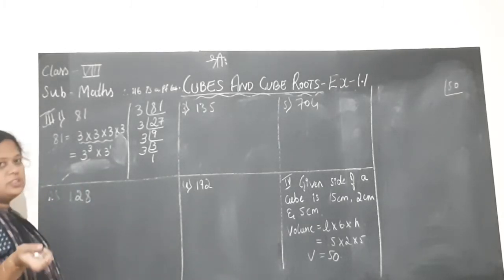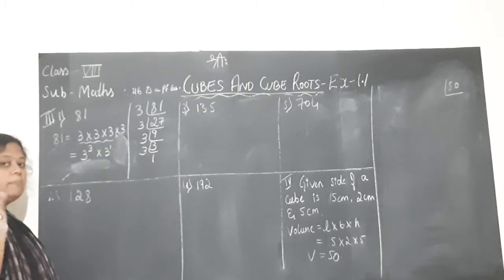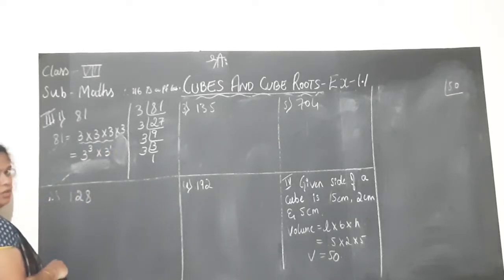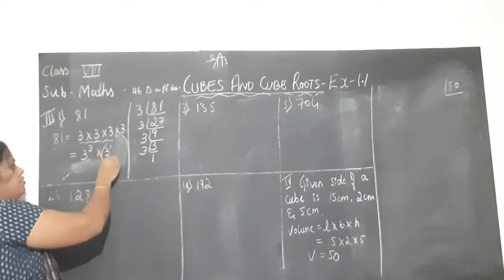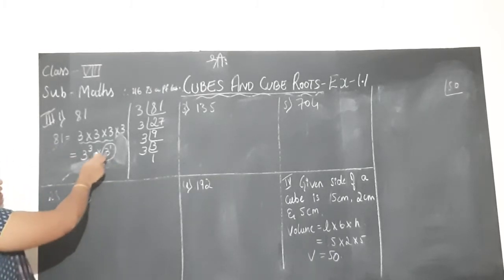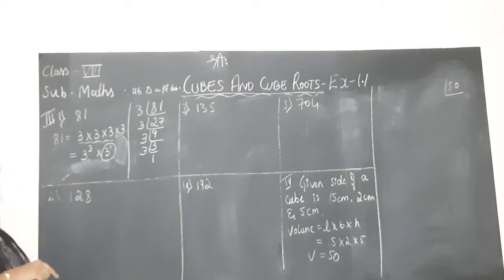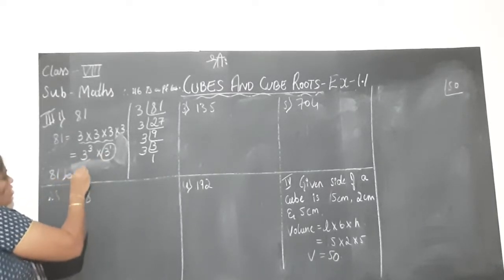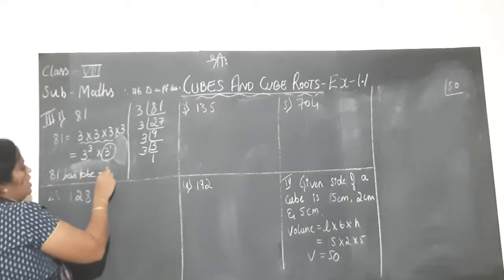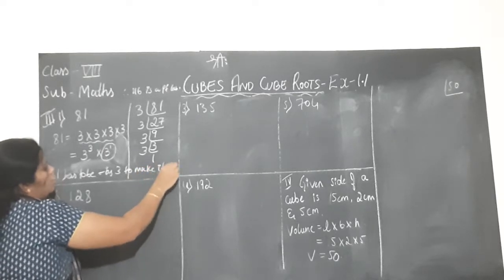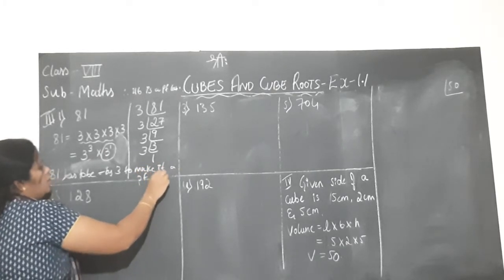In the previous main, that is where we were finding out what is the number that has to be multiplied. There, with 3 power 1, we were seeing what to do to make it 3 cube. But here no need to do that, children. We are left with 3 to the power 1, which is nothing but 3. So the number has to be divided by the remaining number in order to make it a perfect cube. So you will write one sentence: 81 has to be divided by 3 to make it a perfect cube.